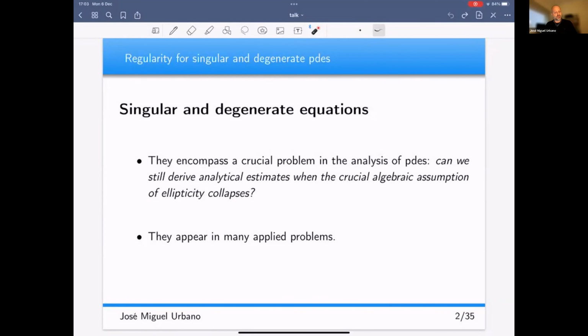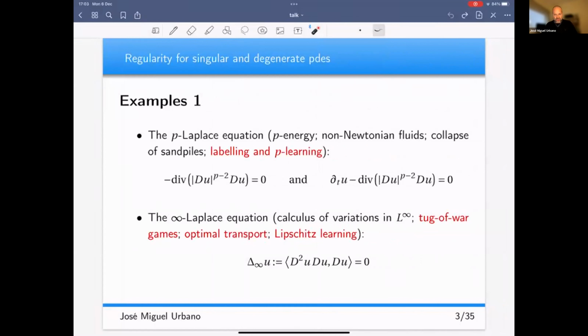And in fact, the answer to this is yes. And we're going to try to understand why we can do it and what type of results we are still capable of obtaining. But let me start with some examples of singular and degenerate equations. So the typical singular and degenerate PDE is the P Laplacian, which appears here in the first example, both in the, say, elliptic